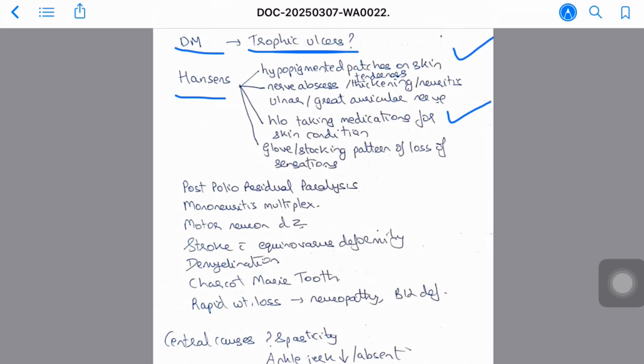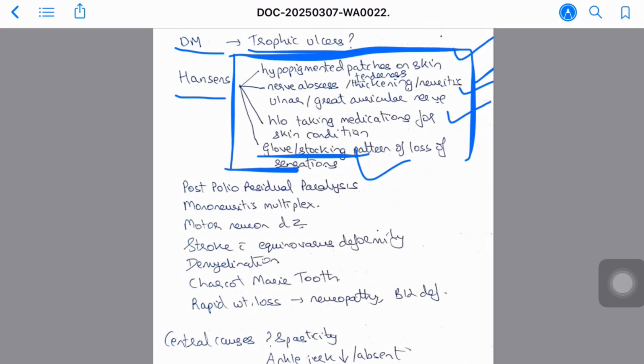On further examination, there might be nerve abscess, that is, there might be some signs of neuritis and nerve thickening and tenderness around the nerve. Commonly affected nerves are the ulnar and greater auricular nerve. Okay? And the pattern of loss of sensation is a glove and stocking pattern. So these are some of the characteristic findings which give a diagnosis of Hansen's disease